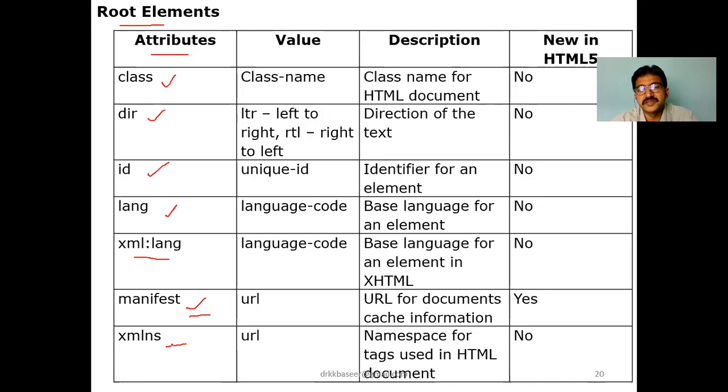And the namespace, xmlns stands for namespace, will also be there. So these are some of the attributes. The regular attributes we are going to use are class and ID. These are the regular attributes for all the elements, like in metadata elements or in all the upcoming elements. Mostly we are going to use class and ID.